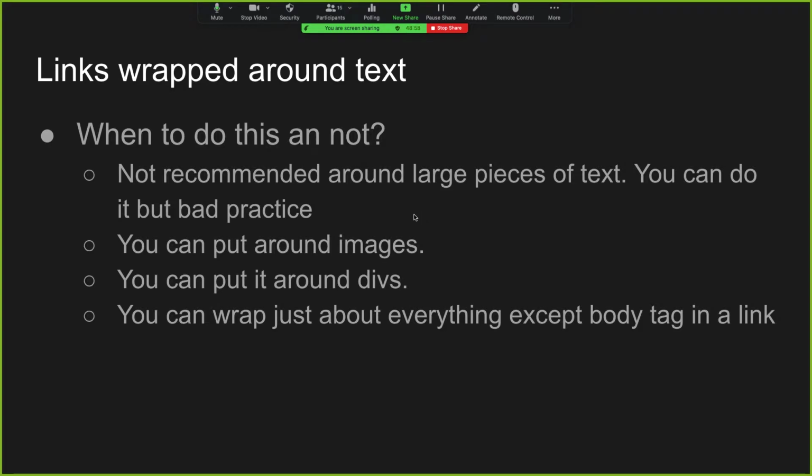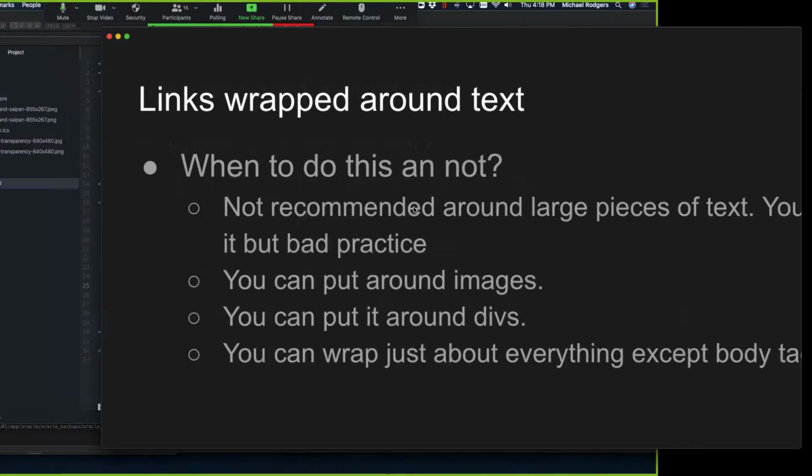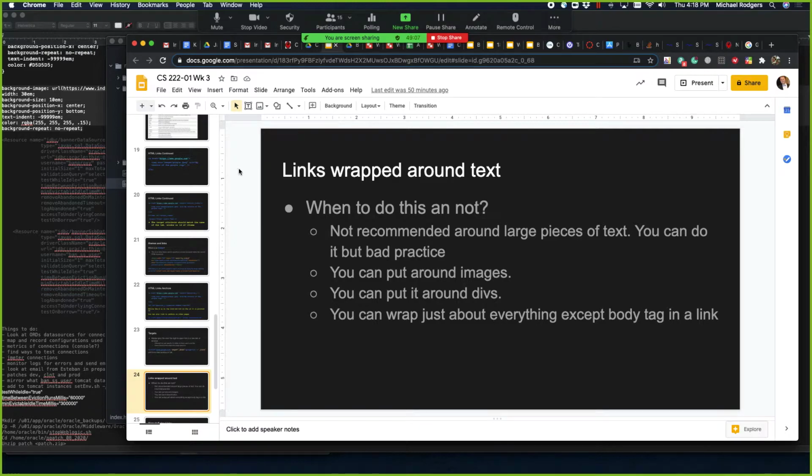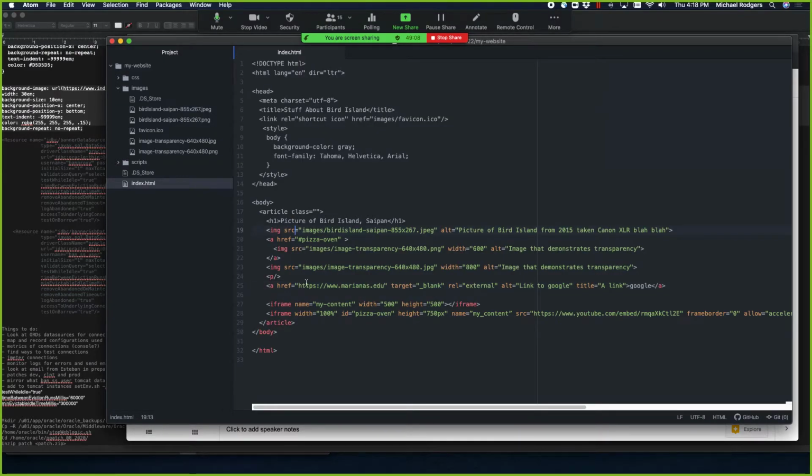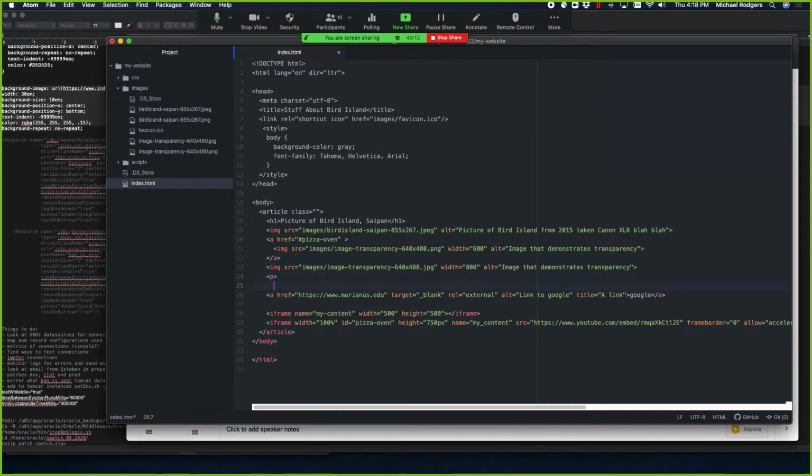Links in general, we can wrap around all kinds of text, right? Let's demonstrate. I've got a p tag right here. I'm going to go ahead and make it a full paragraph, and inside my paragraph,